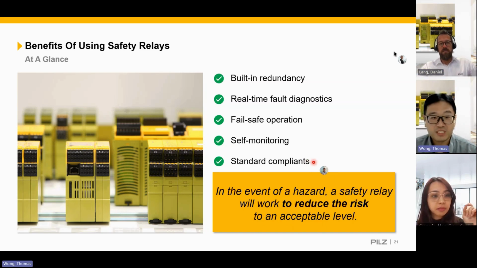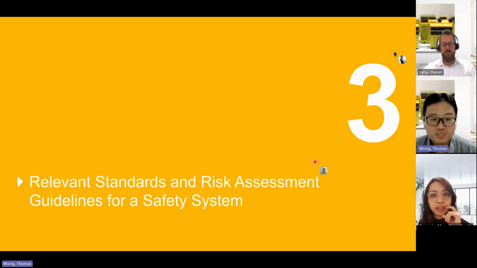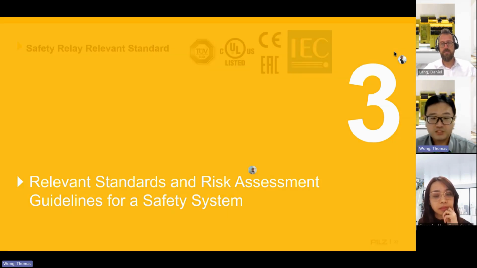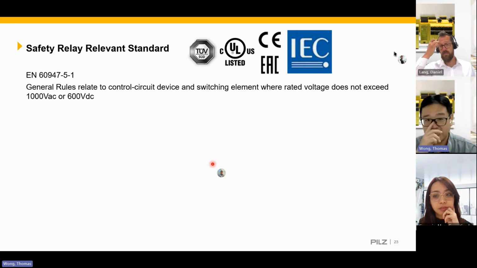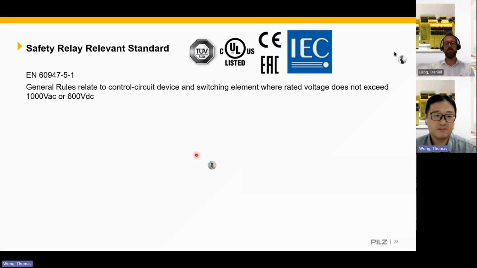So let me move on to the next section then. I will touch on the relevant standards and also some of the risk assessment guidelines for a safety system. Just now, as mentioned by Daniel, we do have quite a lot of standards. I will go slightly into depth on some of the standards themselves. So one of them is the EN